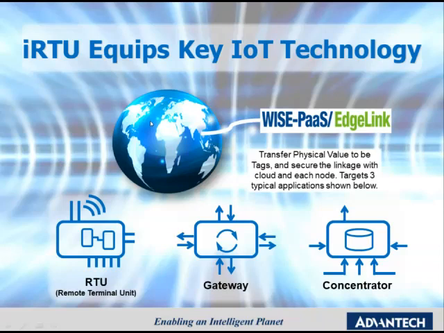The key proprietary technology inside Advantech 3600 is a real-time database engine, which is called WISE-PaaS EdgeLink. The idea of WISE-PaaS EdgeLink is very simple. It transfers the physical value to the tag and at the same time secures the linkage with the end device and cloud apps. With the help of WISE-PaaS EdgeLink, Advantech 3600 could play as RTU, gateway, and concentrator at the